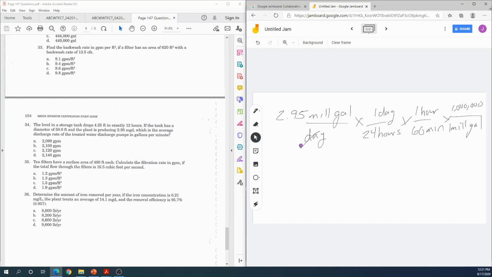So days cancel days, hours are going to cancel hours, million gallons cancel million gallons, we're left with gallons per minute. So we got 2.95 divided by 24 divided by 60 times a million, and this flow rate is going to be 2,048.6